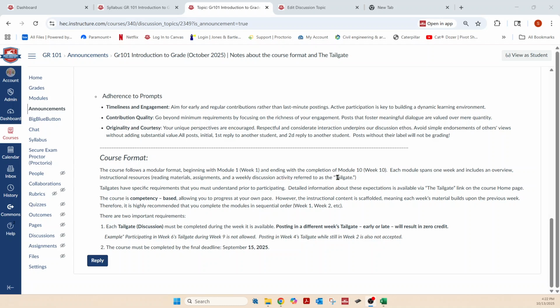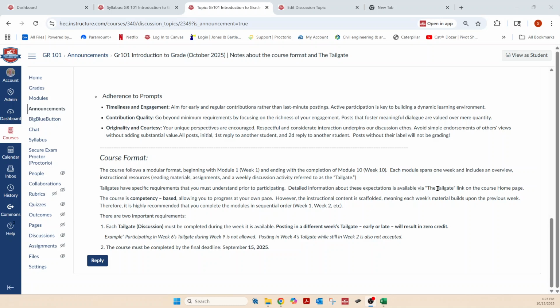Discussion activity is referred to as the tailgate. Tailgates have specific requirements that you must understand prior to participating, and we just went over that. So you need to get in touch with me if you don't understand the format of the course, what's going to be in each tailgate, and what you need to do.